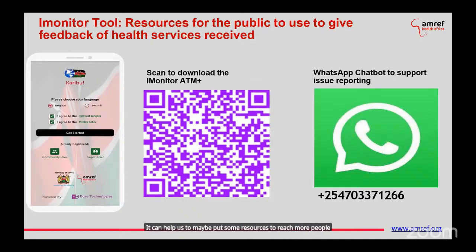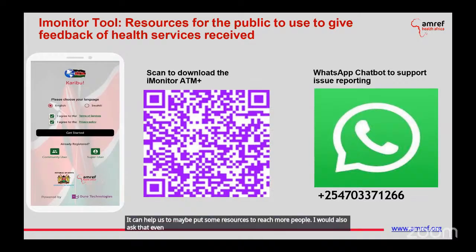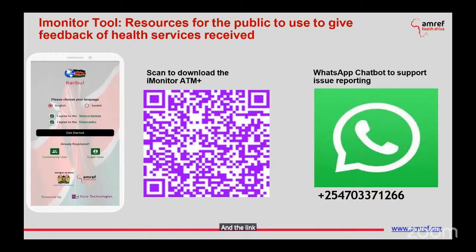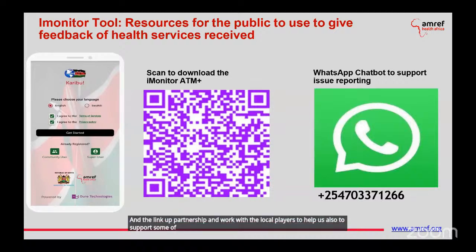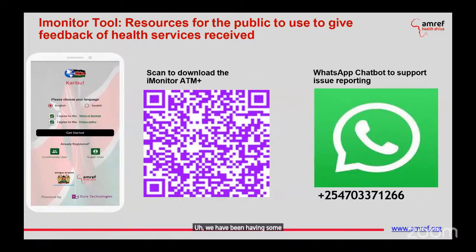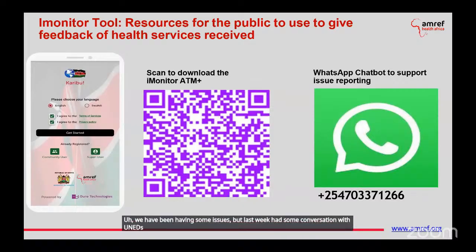I would also ask that even as champions and actors in the TB space, we may need to organize ourselves at those lower levels and link up partnership and work with the local players to help us support some of these. So on the issue that was raised by Kasiba about convening, we have been having some issues, but last week had some conversation with UNAIDS and some other partners here.